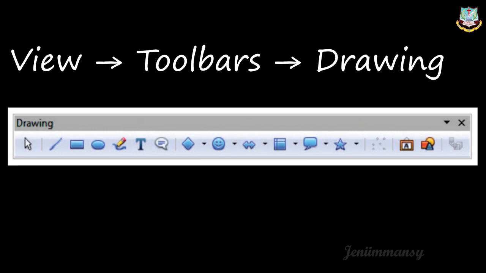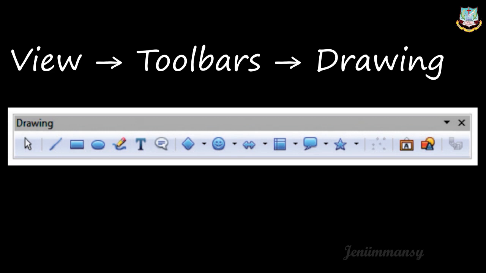How will you insert? You can just select the tool which you need from this drawing toolbar, and you will have a crosshair pointer. You can just move the pointer to the place in the document where you wish to keep that particular shape or particular object, right? And then you can just click the mouse and you can draw it. You can just click the mouse and drag the mouse in the shape which you need, right?